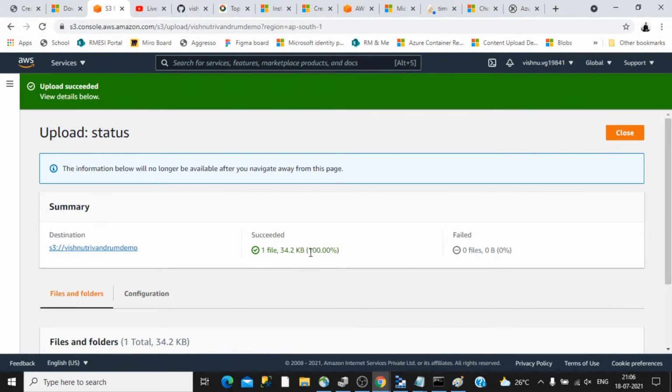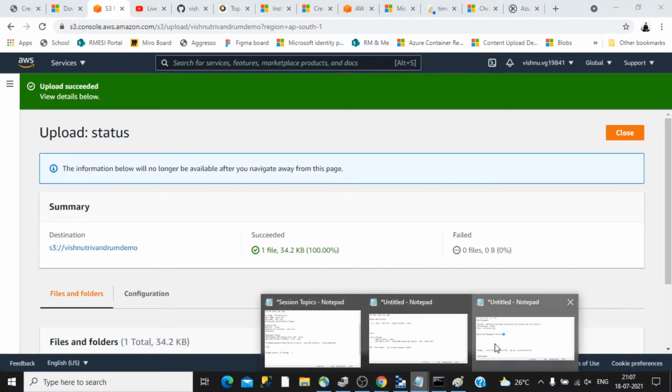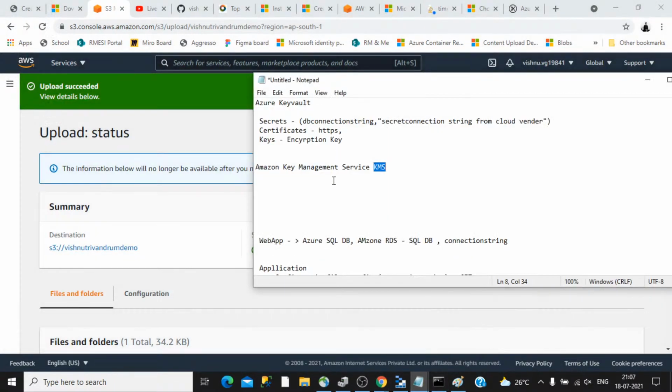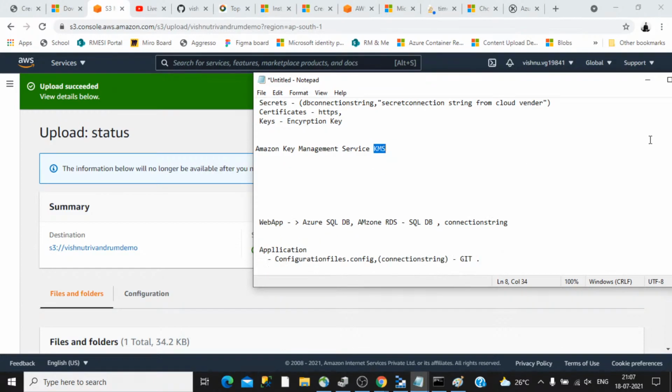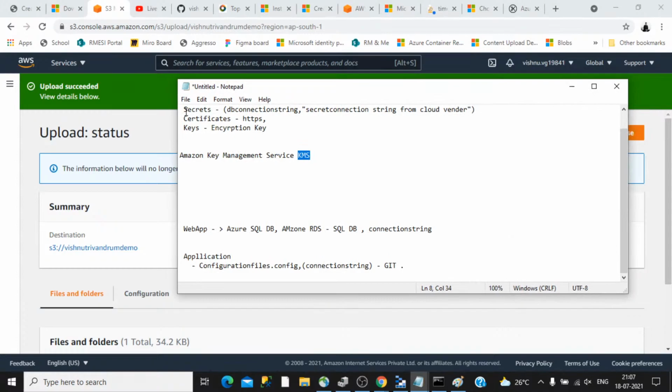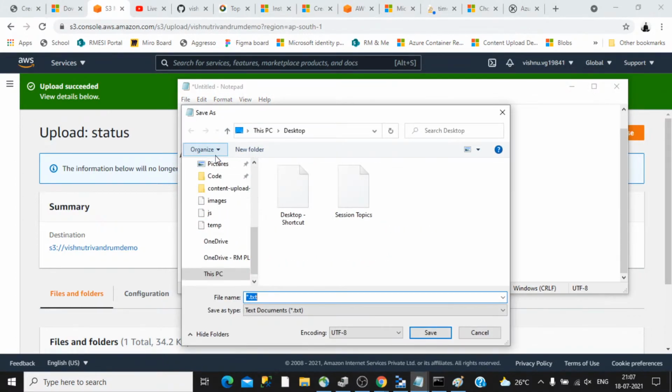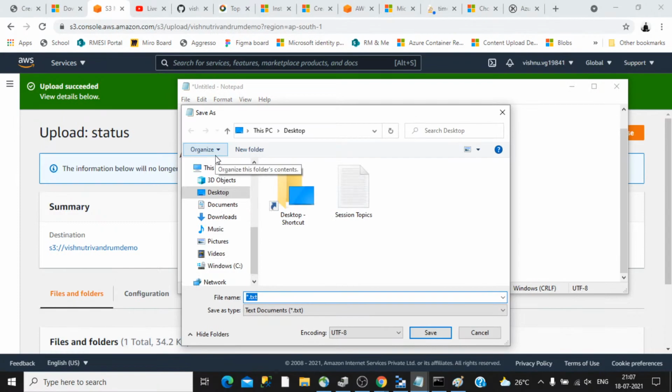So it's succeeded. So now your program can access these particular files. Your application can access this particular file either through a REST interface. You can always access that, but the recommended approach is to use something like the SDK. I can provide all that so that in case you want to refer, you can use that as well. This is the one for S3, Azure storage.